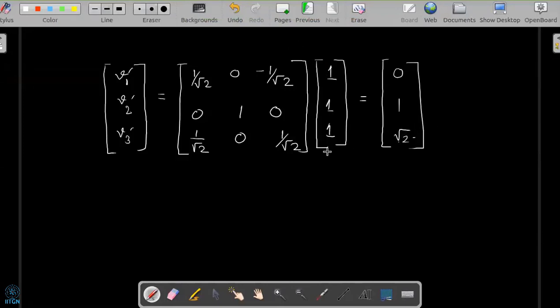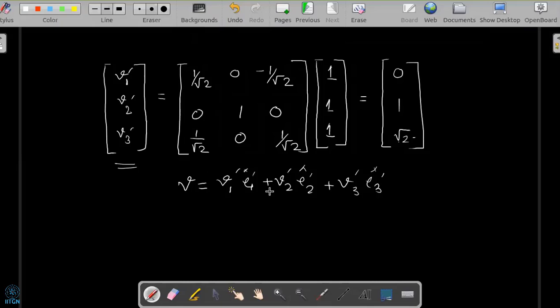So this is how we are determining the component of the vector in the new set of axes. Also, by using this, you can now write the same vector in terms of the primed axes. The components of the vector will change if we transform the axes, but the vector is not going to change. The vector will be the same. We are representing the same vector in two different coordinate systems.